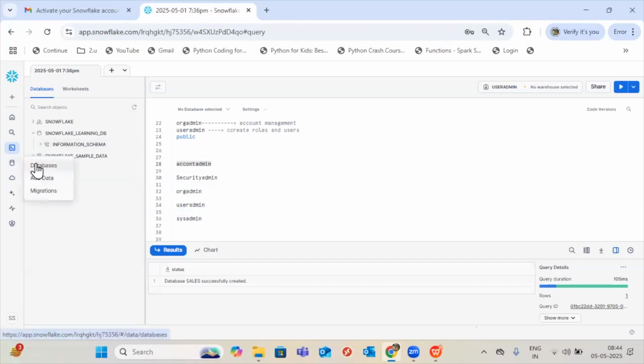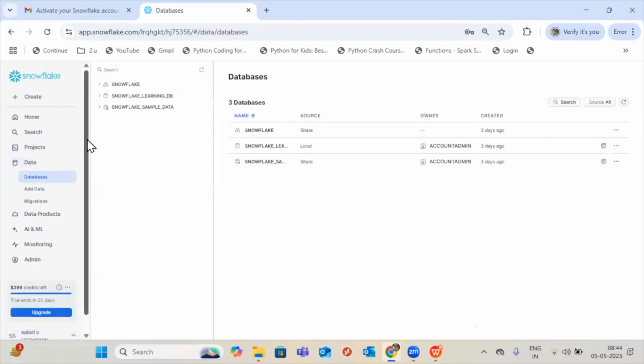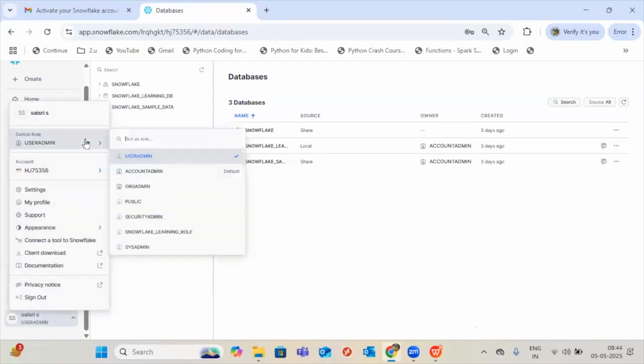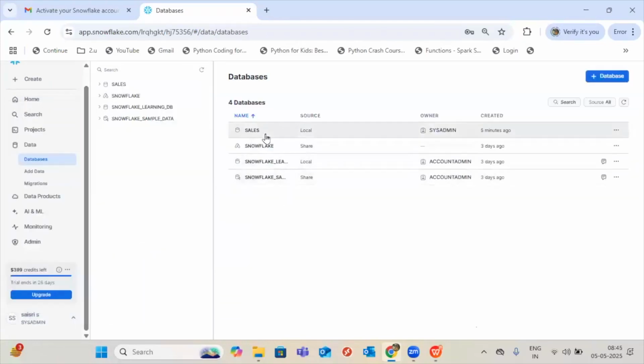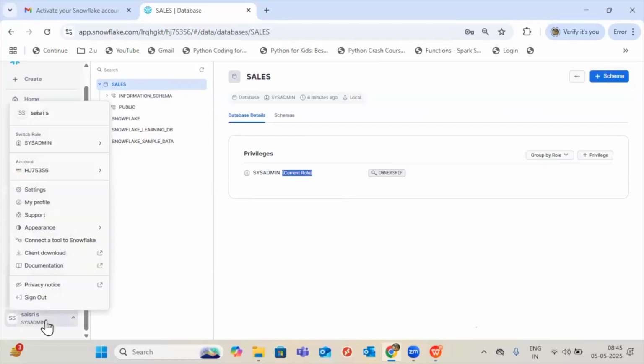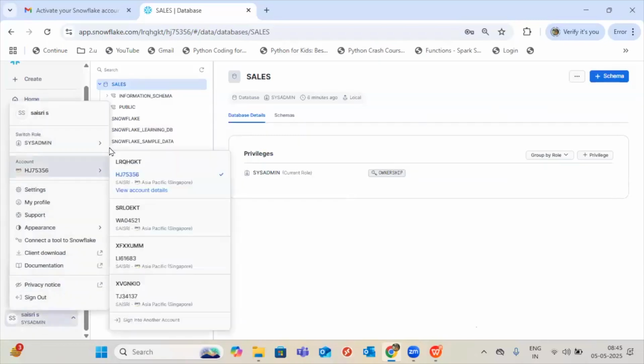So if you go to database generally, and if you change it to sysadmin, patience is very important, guys. If you rush, we cannot understand anything in this topic. Very patiently we have to handle. See, who is the owner means now sysadmin is the owner and also the current role. Okay. Same way, if I go to account admin,